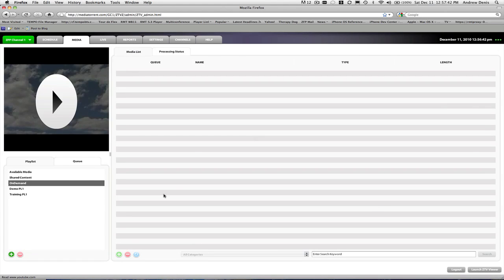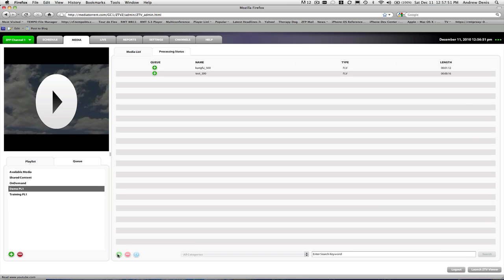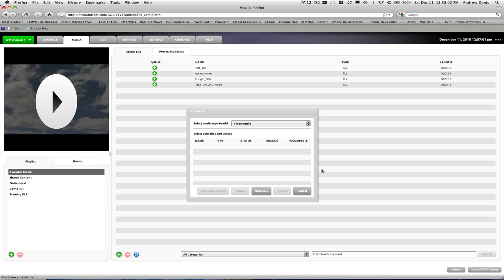How do you add content to the available media? Well, the first thing, if you notice, if you're in any other playlist other than available media, the plus button is not enabled. That's very important to remember, as we explained before. So if I want to add content, I go to the available media, hit the plus button, and now I